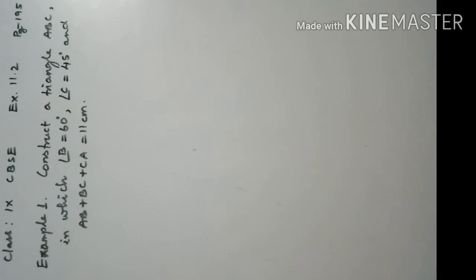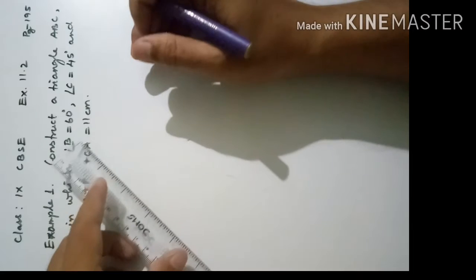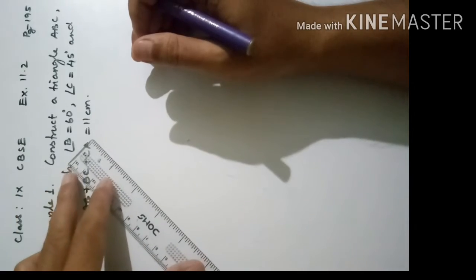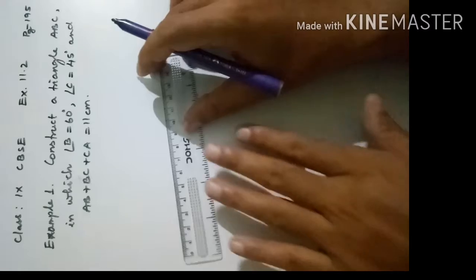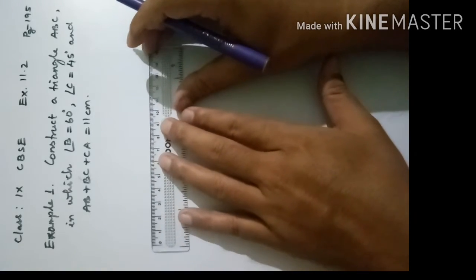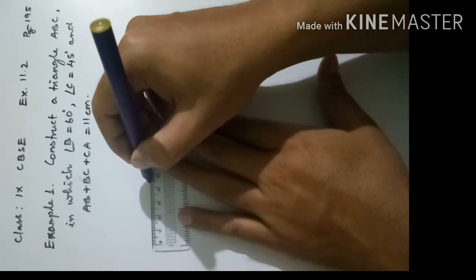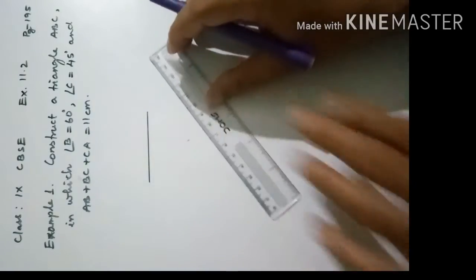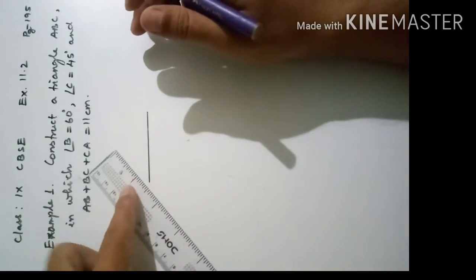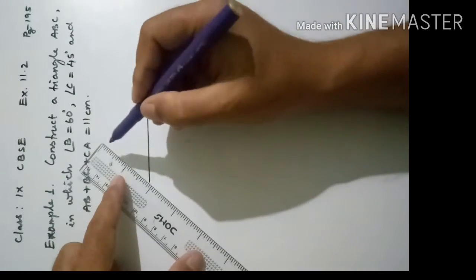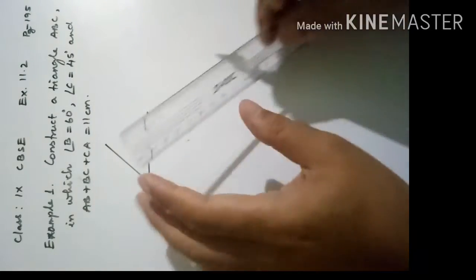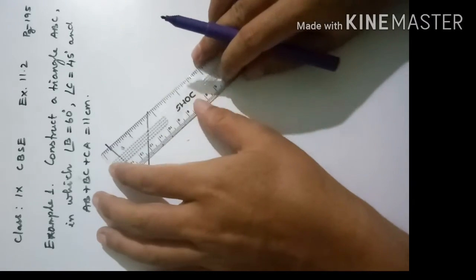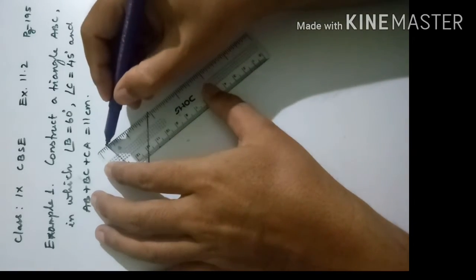First we'll start with the rough diagram. If you want to construct anything related to practical geometry, don't forget to draw the rough diagram. Okay, let us draw the rough diagram now. A rough diagram is just a model. We want to draw a triangle, no? Just draw any one triangle. You don't need to worry about the shape, no problem. But it should be a triangle.